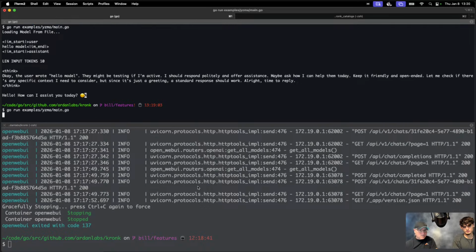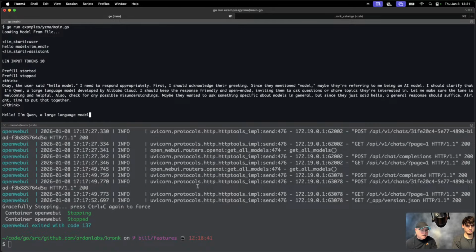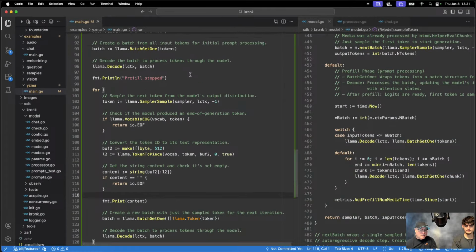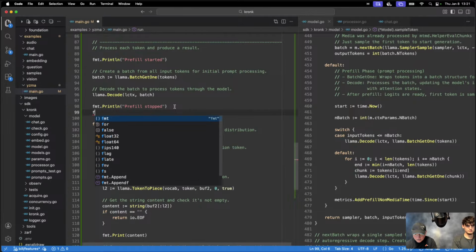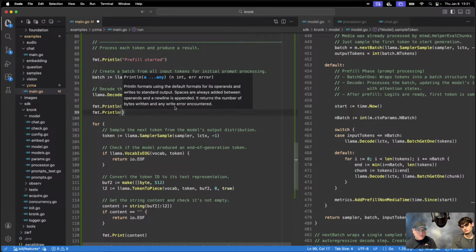So this should still work. I'm just moving it, yeah, right? Start and stop. And obviously this is a really small prompt, but whatever, right? I mean,